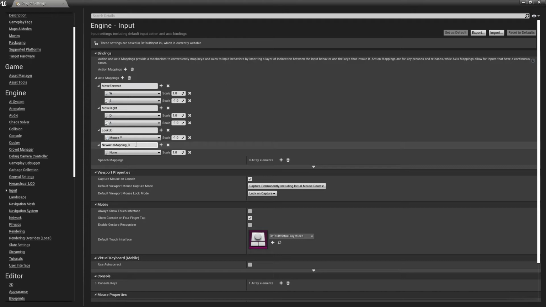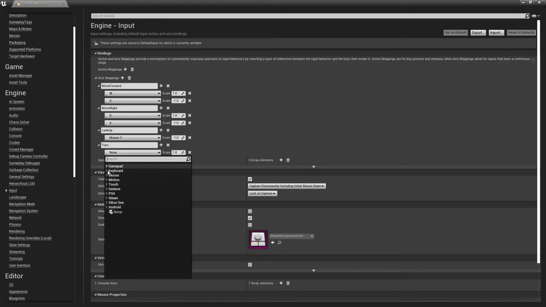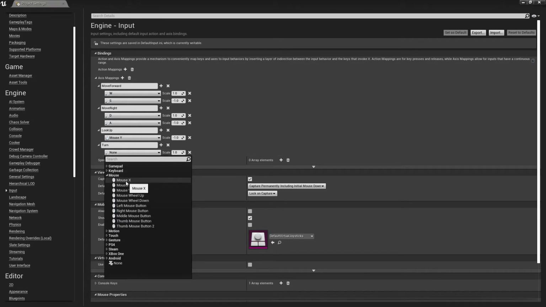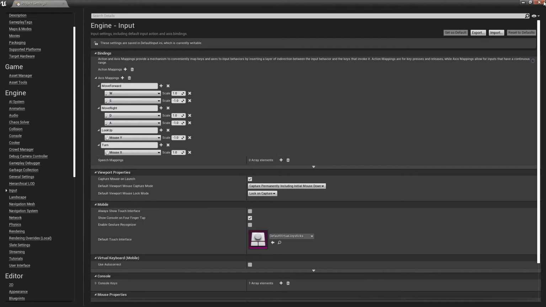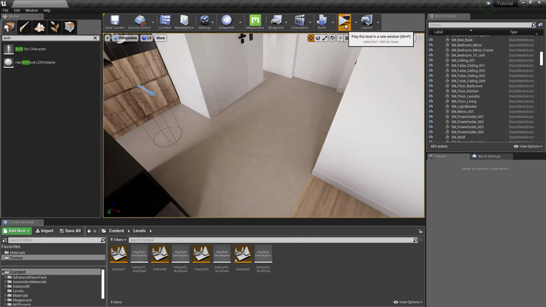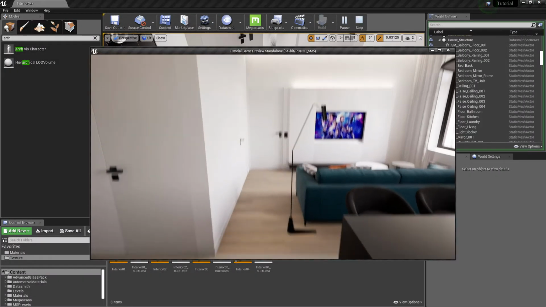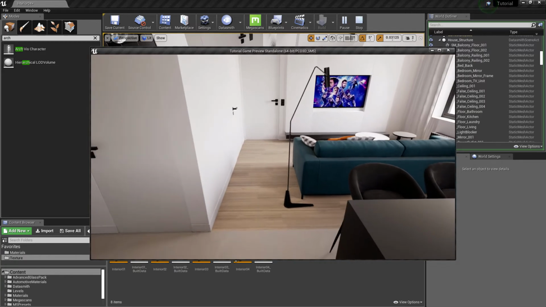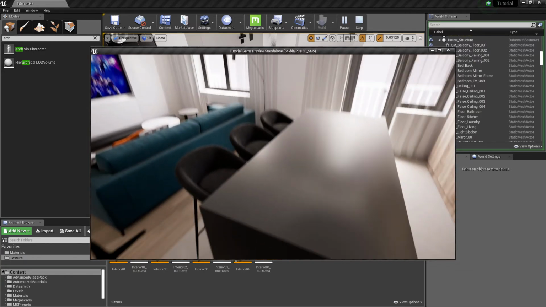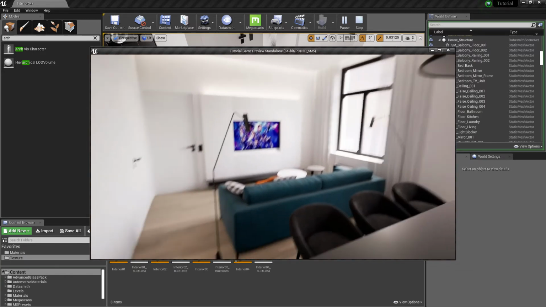Add a new mapping and name it turn. Bind it to mouse X and set the scale to 1. Let's hit on play now. I can look anywhere, rotate the neck and move as well.